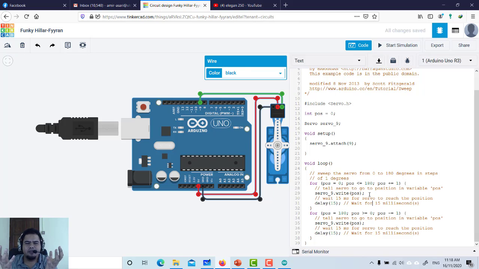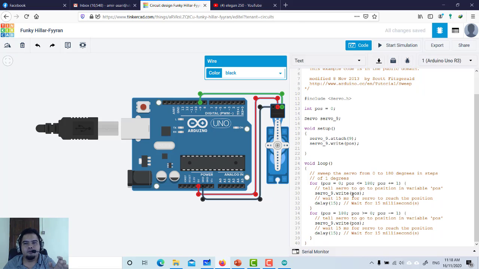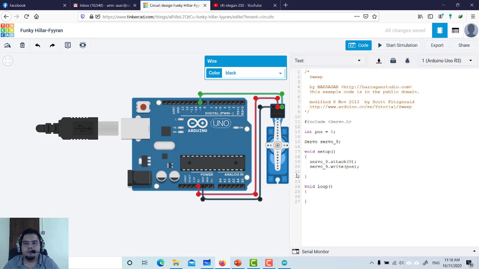Of course, that is a little bit complicated for you, but we can adjust things. Instead of this kind of example, let's just copy this function and put it here in our setup, because we want to make sure it runs once and doesn't do any looping. Then I just delete everything here. Now we play around with the position. Let's say I put it as 0 degrees. So what will happen if I run the simulation?